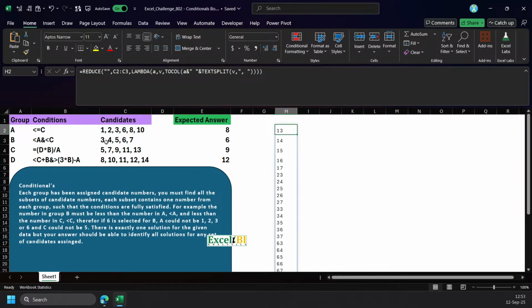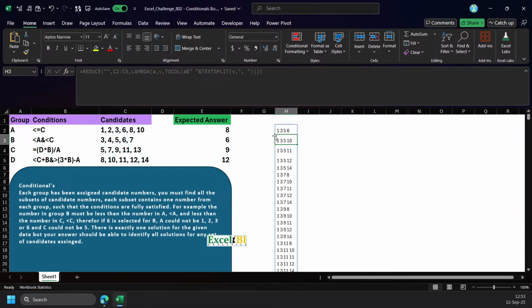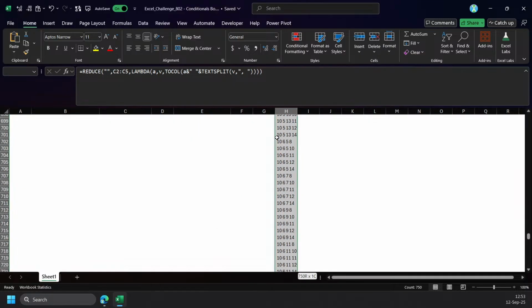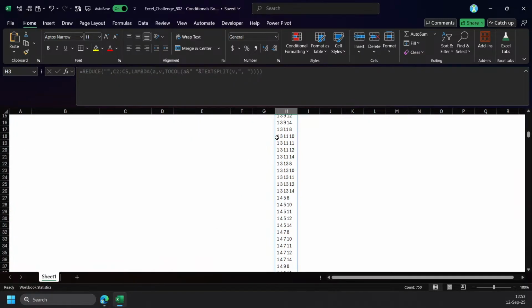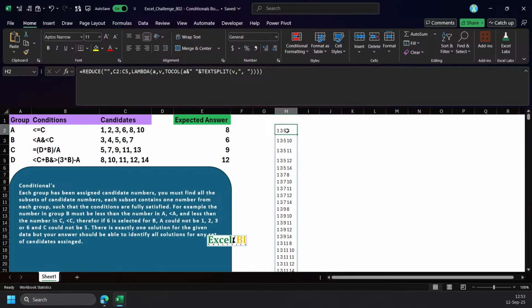So 1 with 3 here, and then 1 with 4, 1 with 5, 1 with 6, 7, anything, and then I can go through all of them. So this will be 4 numbers on each row, and there are 750 possibilities. So this is what I started with, and then I have to extract each column out